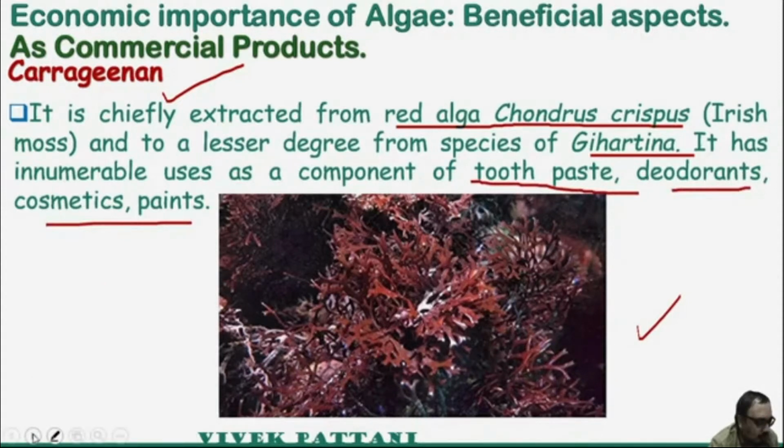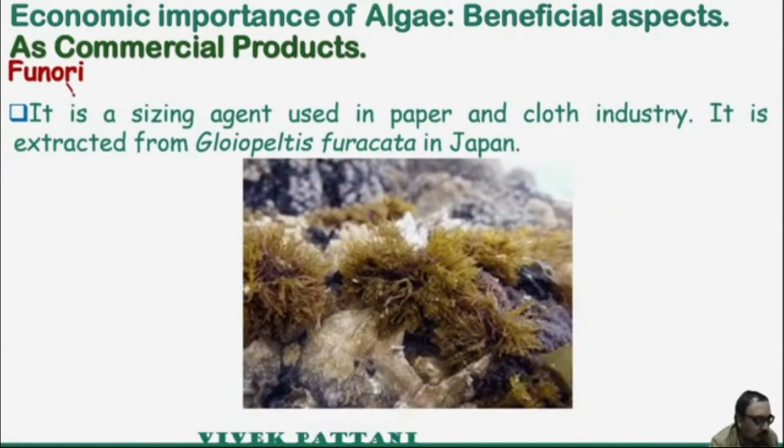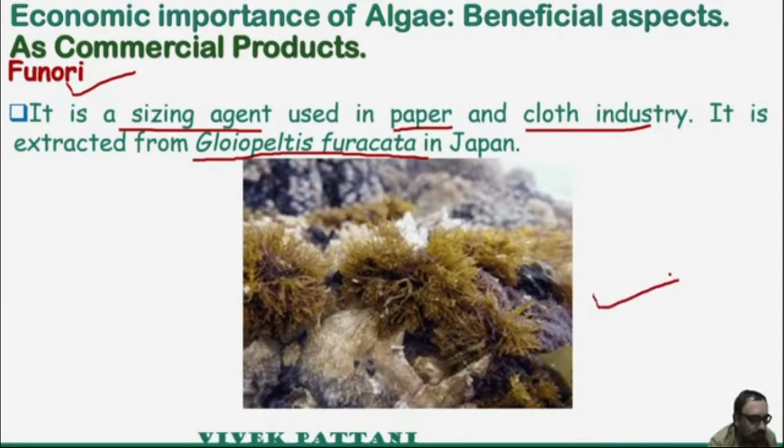Next comes furcellaran. It is a sizing agent basically used in the paper and cloth industry, and it is extracted from Furcellaria fastigiata in Japan. Now please have a look at the photograph of the alga. Now moving forward